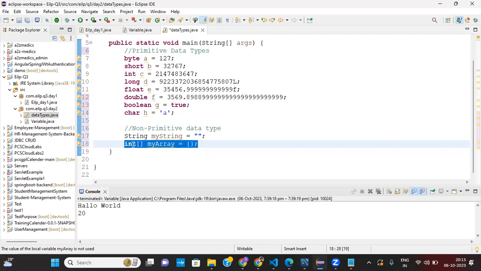So this is the method of declaring an array. First the data type, after that the square brackets, after that the variable name, then the curly braces to give the elements inside. Now we can give the elements: one, two, three, four, five.